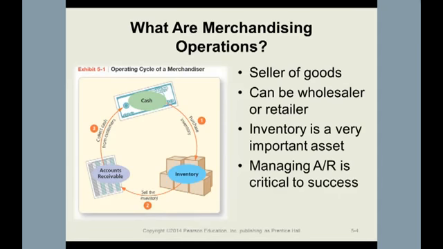So a company like Apple is both, right? Apple sells their products through their own stores, their retail outlets. They also sell to other companies like Best Buy. You might find Apple products there as well, or Verizon. When they sell to Verizon, they're wholesaling. When they sell their own products, they're retailing. So a wholesaler will sell products to retailers. Retailers are selling the product to the final customer.